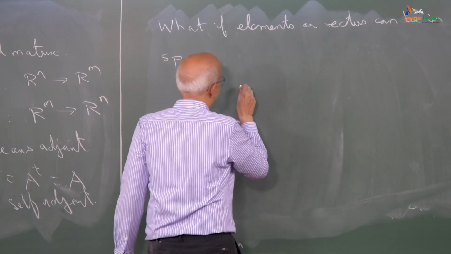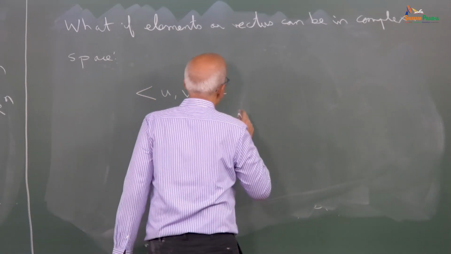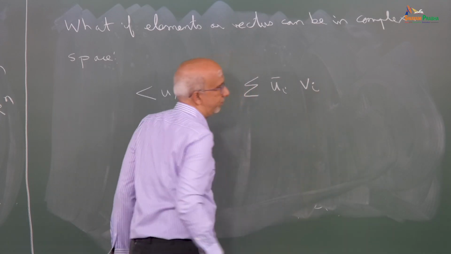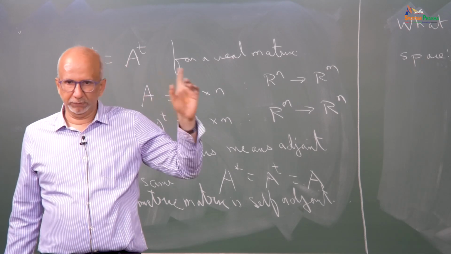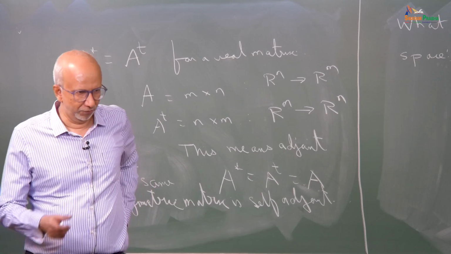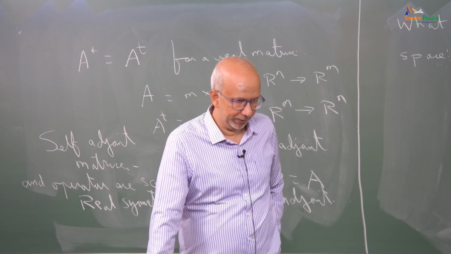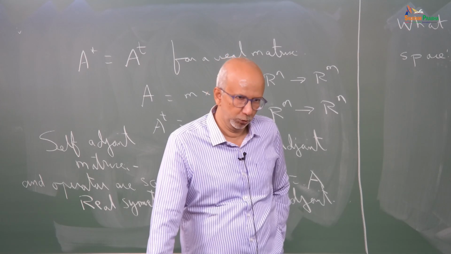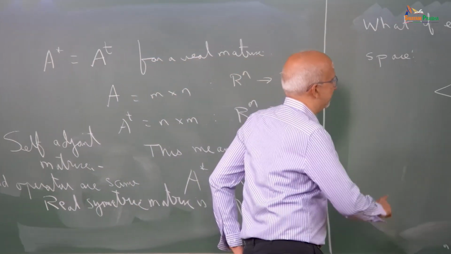Then you have to remember that the inner product of u with v is going to be defined with the complex conjugate of vi. That is what we spoke about earlier when we spoke about the inner products. We said, look, if you do not put the complex conjugate, then you have this problem of the inner product of a vector with itself becoming negative. So, we had to generalize it and make it positive. So, this is basically guaranteeing that the inner product of u with u is positive, so the length is positive. So, this is the generalization.